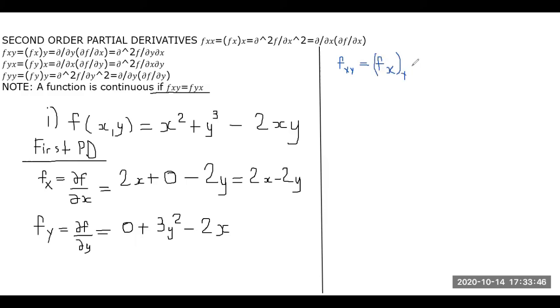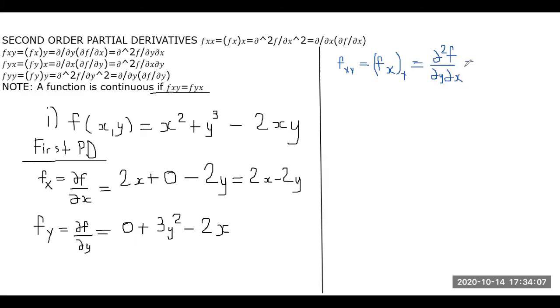That's what that means. Some people might write it as ∂²f/∂y∂x,